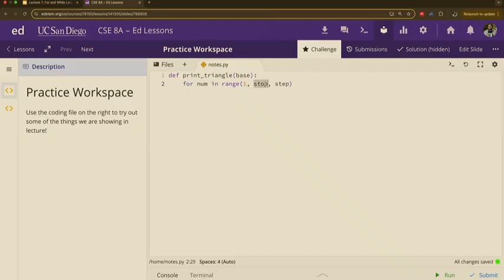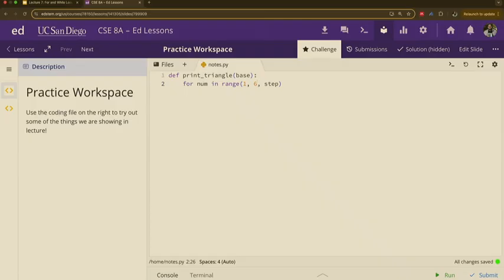Then we want to stop at a certain point, right? So if we want the bottom one to have a total of 5 asterisks, and we start off at 1 asterisk, up until when do we want to stop? 6. Okay. Why 6? Because it's exclusive.